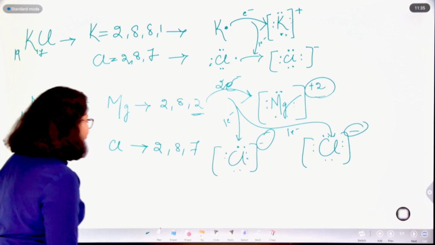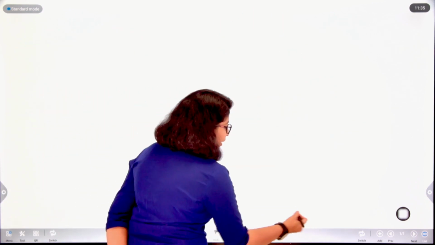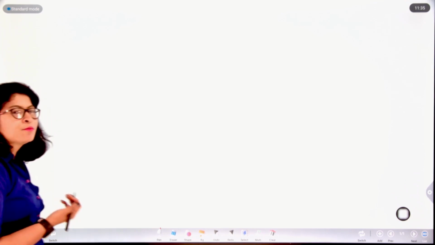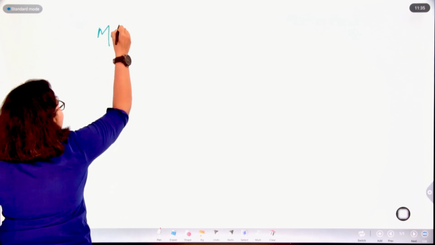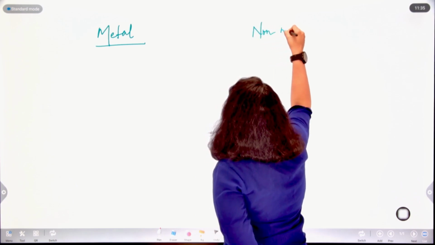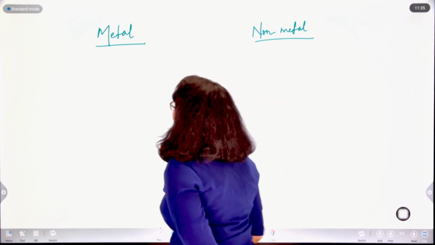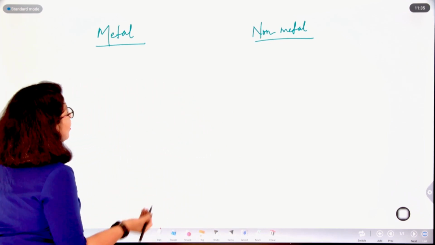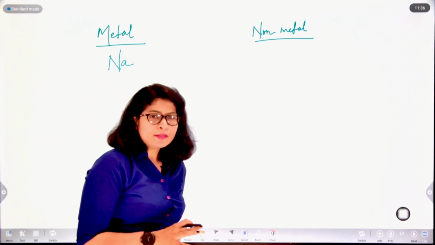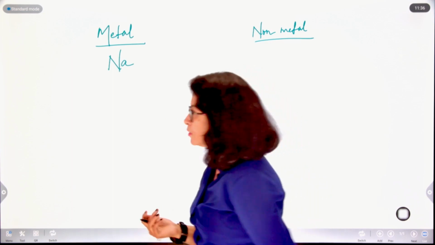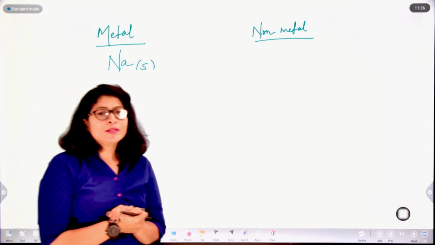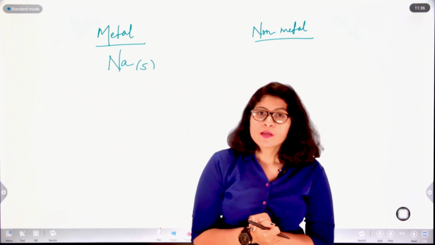Now we will see what exact changes are happening when an ionic bond is formed. So we know ionic bond is formed between a metal and a non-metal, right? So if I consider our very own traditional example, sodium. Sodium in normal state, or metals in normal state, exist as solids. Metals exist as solids, but in that solid state they are very unreactive, because as we knew